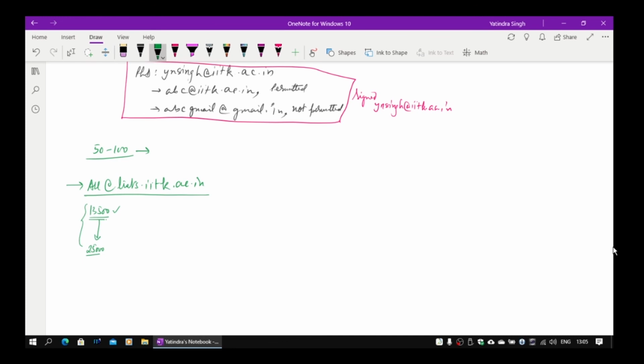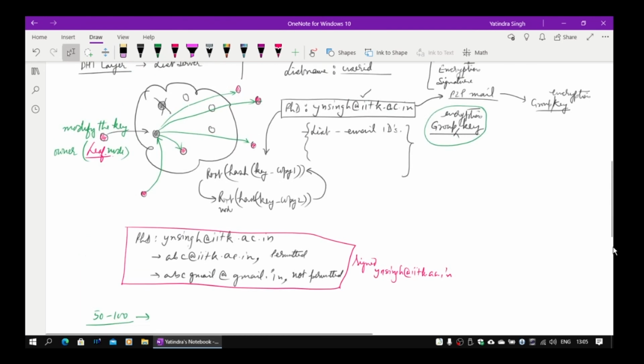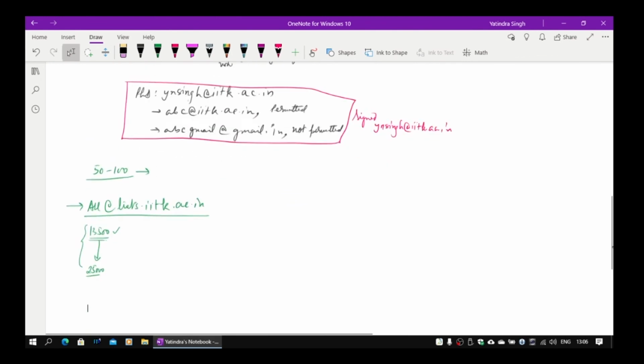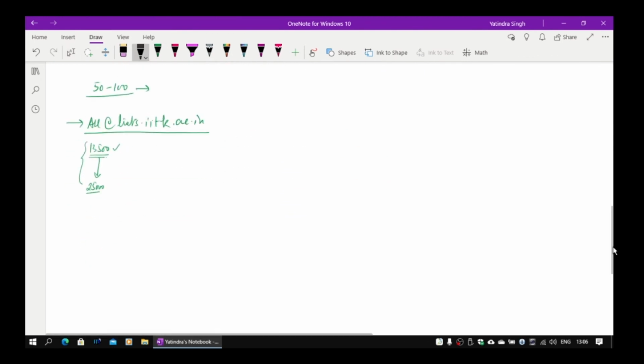Now how to sort out this particular matter? One way is to let the server get loaded, and based on that loading, the same guy will keep on sending 1,000 copies of mails to everybody. That could be one possibility. But we can do something better than this. This list is all available with the list server. The list server has a list which is available, and it's an ordered list: 1, 2, 3 and so on, maybe up to 13,500. So what I can do is partition it.